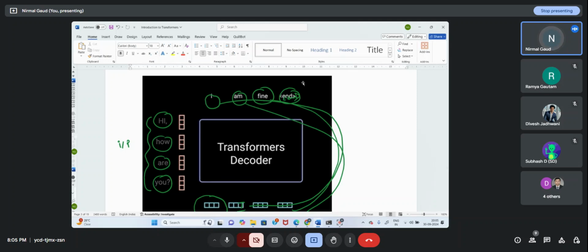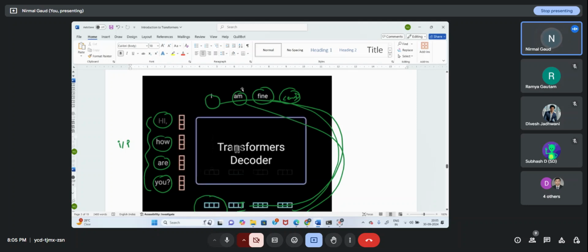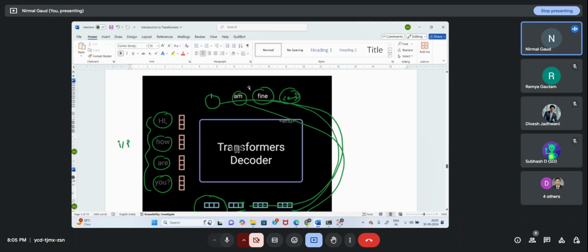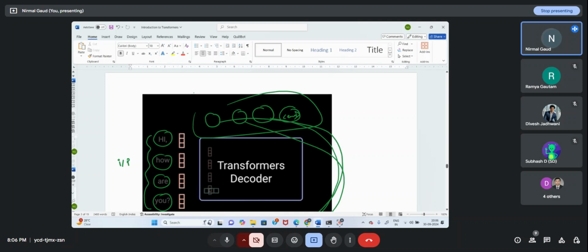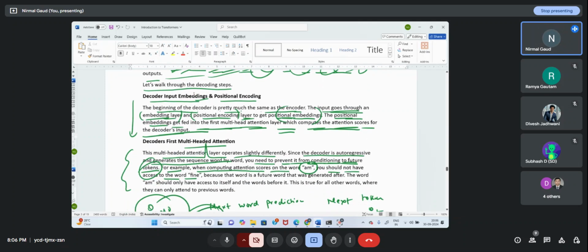अब यदि सर यही आउटपुट प्रोड्यूस हो गया तो सर ऊपर तामझाम काहे करे फिर तुमने? यदि यही आउटपुट प्रोड्यूस हो गया तो ऊपर क्यों परेशान हो रहे हो फिर? ये तो डिकोडर से फाइनल आउटपुट की बात हो रही है, ठीक है। Decoder is autoregressive, it generates one at a time while being fed in the previous one. ये फाइनल आउटपुट हो रहा है, अभी पूरा खत्म नहीं हुआ था, यहां सब स्टार्टिंग हुई है।